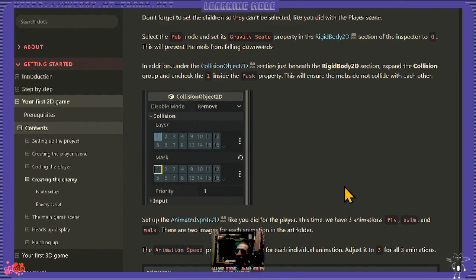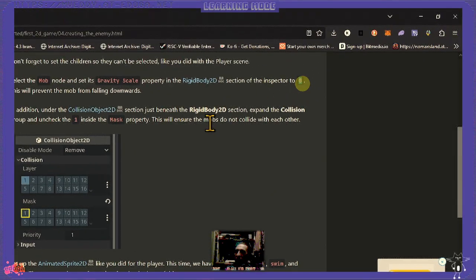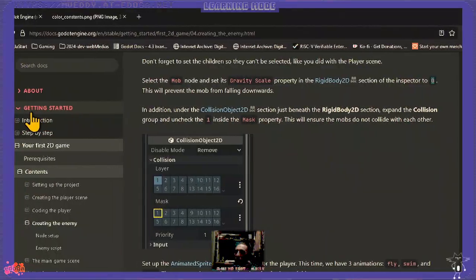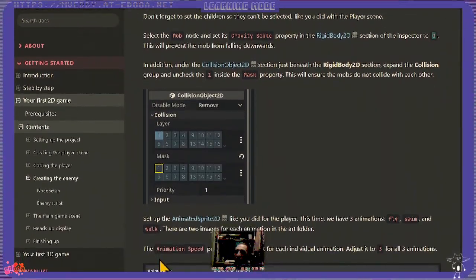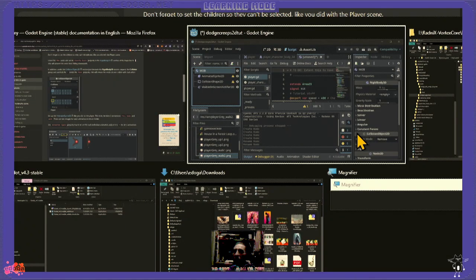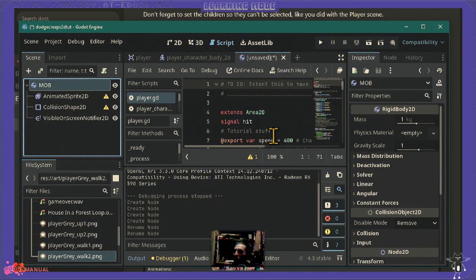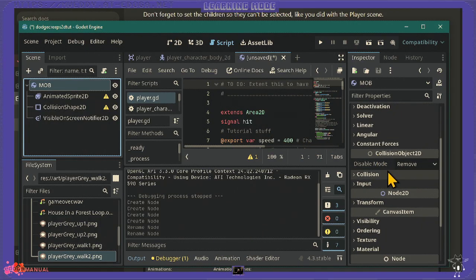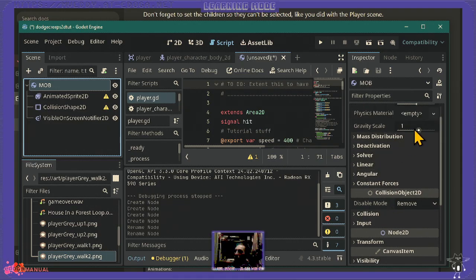Gravity scale, select the MOB node and set its gravity scale property in the rigid body of inspector to 0. Okay, so that probably, yeah. Set the gravity to 0 because we will not do the side platformer but top-down game. Actually, we are still, this will define the behavior for them to be top-down. We don't expect them to fall. Gravity scale 0,